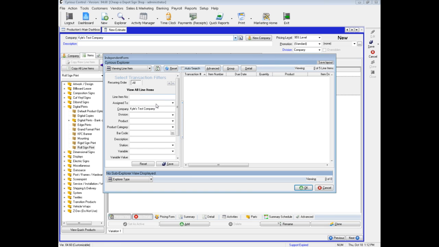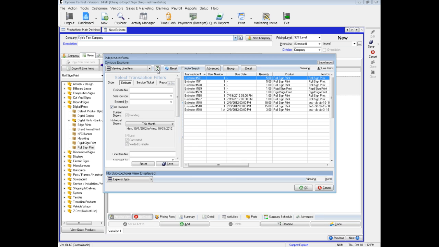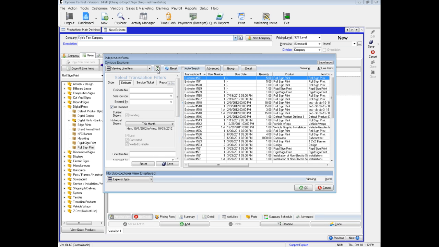and what that does is it opens up a Line Item Explorer that will then let me view all the items within the system. So I can come over here to the top transaction filter. I want to see estimates. And I'm going to refresh this. And what that does is it shows me every single line item that's ever been entered for the other estimates in the system. So I can go through and select an item